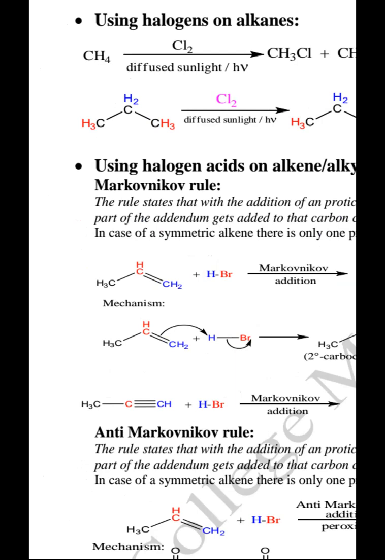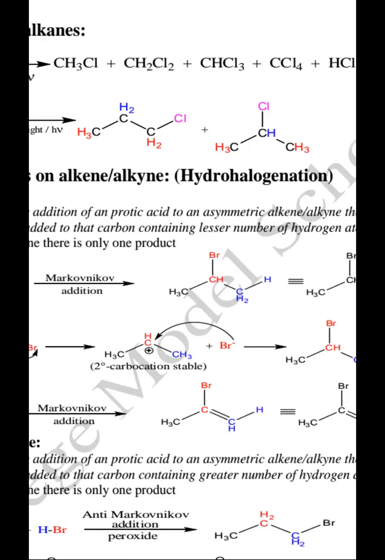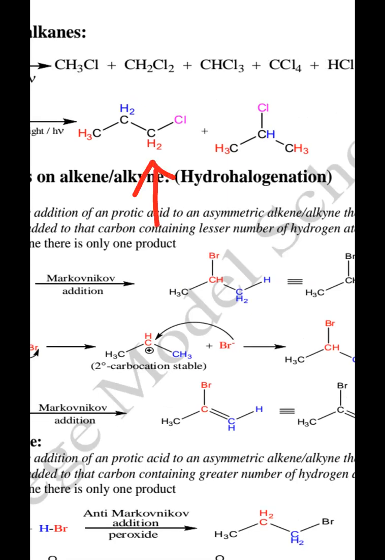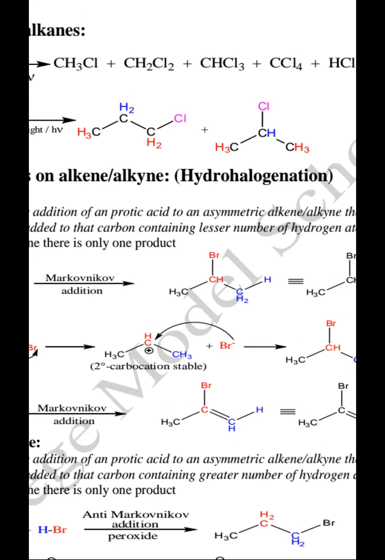That is, every non-equivalent hydrogen can be replaced by a halogen, producing different kinds of products. We will see the two products here. In one case, the terminal hydrogen has been removed and chlorine has got inserted. See, the terminal hydrogen has been removed. It has become CH2 in place of CH3 and a Cl has been inserted. In the second case, the other product, we can see that the terminal hydrogens are intact, but the central hydrogen has been removed and a Cl has been inserted in its place. So these are the different products that we can get when we have non-equivalent hydrogens in a molecule.